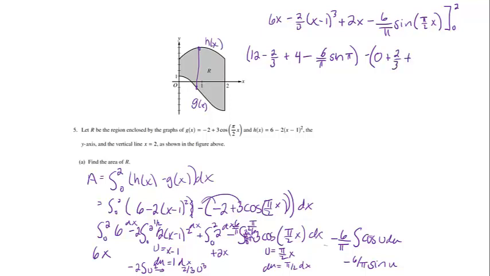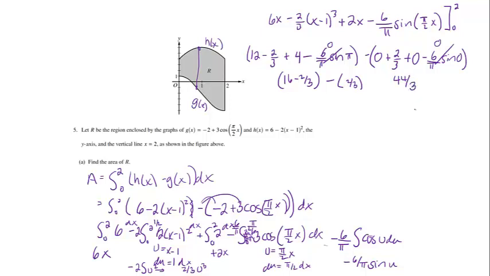And then plus 0, and then minus 6 over pi sine pi over 2 times 0 is 0. Okay, we could leave our answer messy like that and receive full credit. I am going to work this farther. I would end up getting 16 minus 2/3. This would turn into 0. And then I get minus. This would also turn into 0, so I just get minus 2/3. And if I work that out, I will get